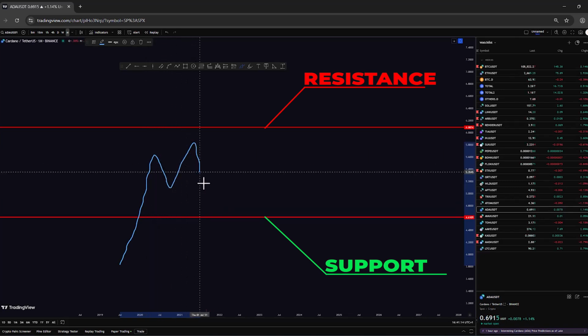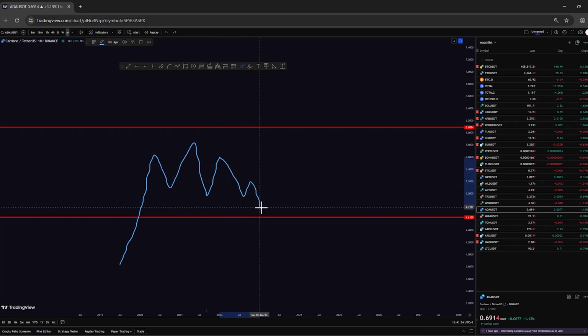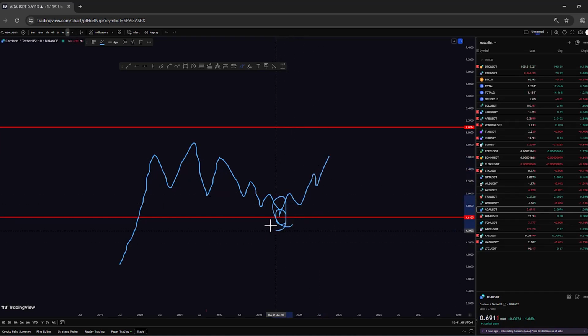Support is the part below our current price. That means this line, for example here, where buyers don't allow the price to drop more and start buying. For example, the price hits here and all the buyers enter positions and take long positions. And this long position taking creates support in the price and makes the price go up and start a bullish movement from that point. Now, what is resistance?